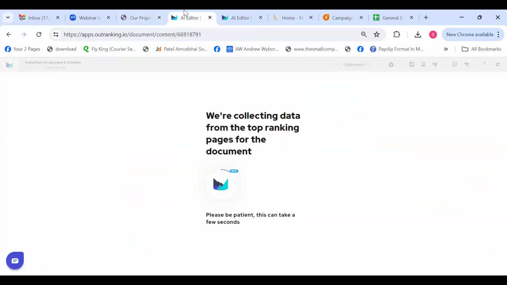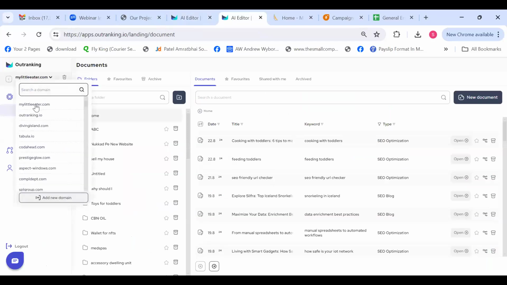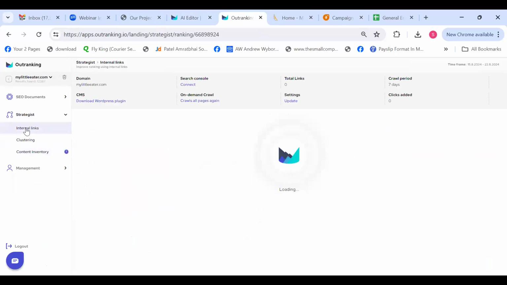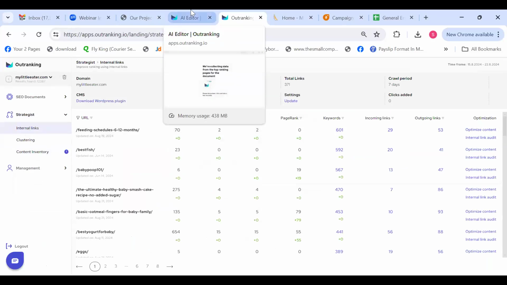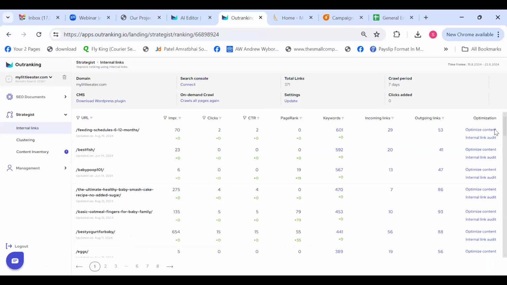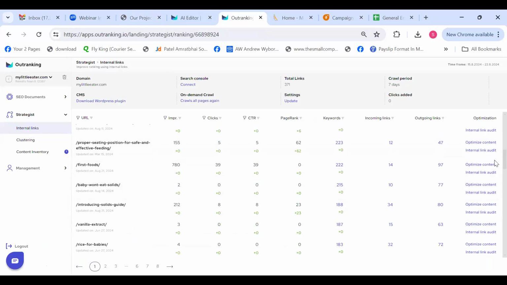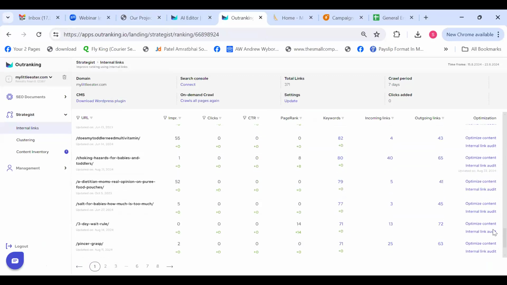Internal link audit. Now, how can we do that here? Let me select the domain. Let's go to internal linking. And now we will be covering the fourth part, that is internal link audit. You can see here, for every URL there are two options: optimize content and internal link audit. You click on internal link audit. It will take some time, maybe 10 minutes. And once it's done, you will see this updated on August 22nd. You click here,